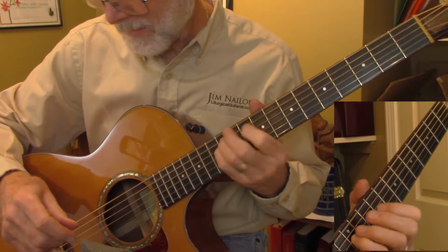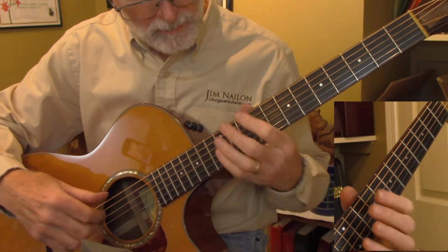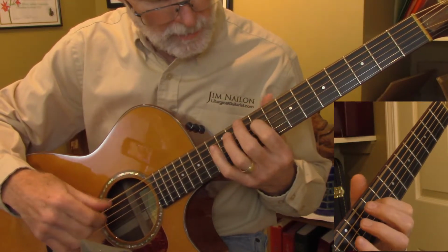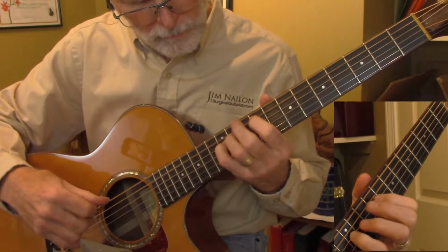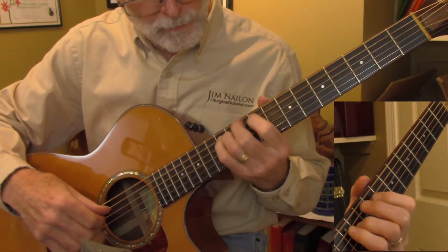I'm hitting that actually. It's all right to play it the other way, but I kind of wanted to extend that note a little bit. And then here you gotta, fourth finger of the left hand on the 12th fret, 3rd finger on the 11th fret, and